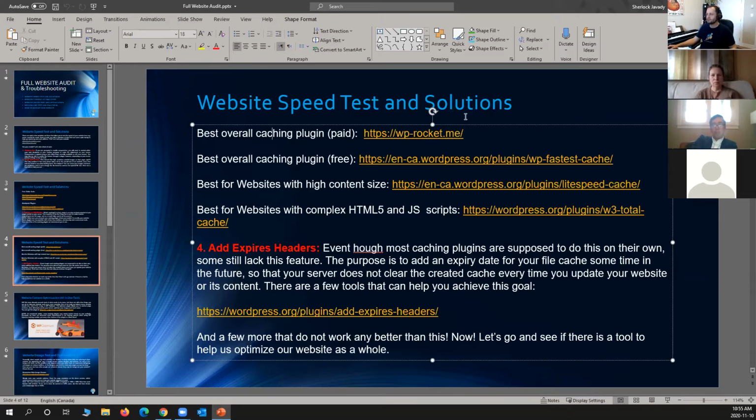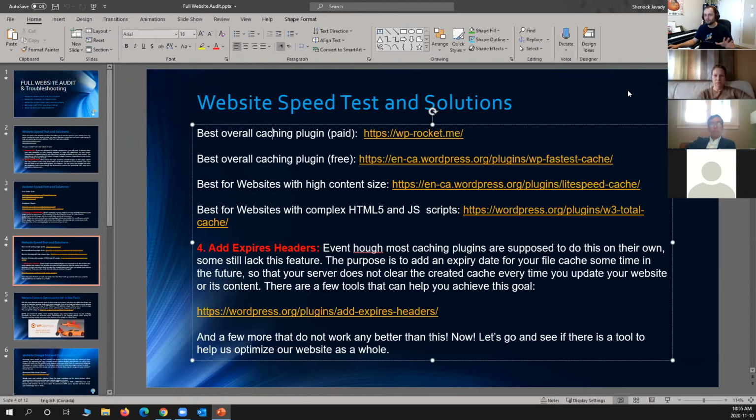If you're like, no, I don't have an e-commerce website, I don't have logins or stuff, I just have a regular infographic website, but I want it to be fast and I don't want to waste money on it, good. Go ahead and install WP Fastest Cache. To this day, I use this on most of my websites, most of my client websites. It freaking works. It makes your website so fast, your eyes would pop out.